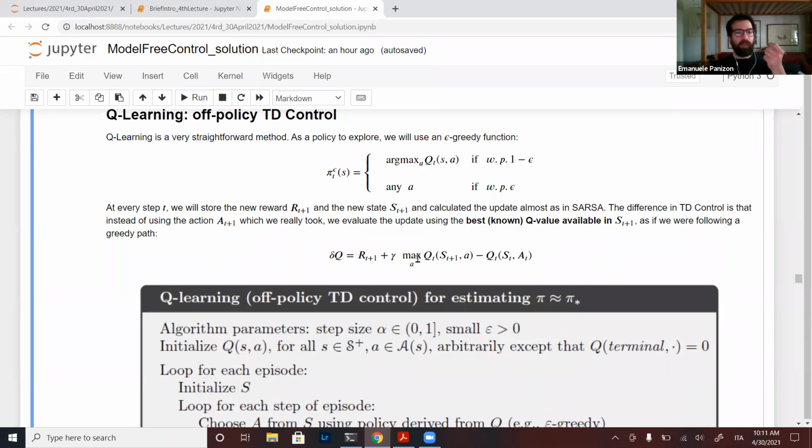So instead of Q_t of s_{t+1}, a_{t+1}, the action in the trajectory, it does something separate from the trajectory, and it considers the best possible value given the estimation Q_t. The only difference with SARSA, which is a large difference, is that the update of Q is done with this term here.